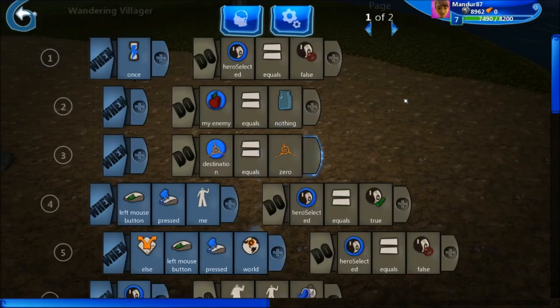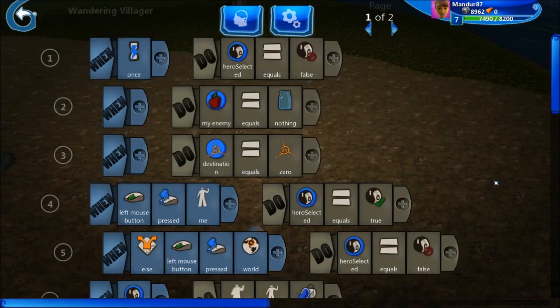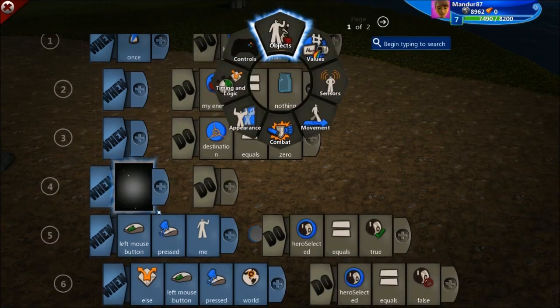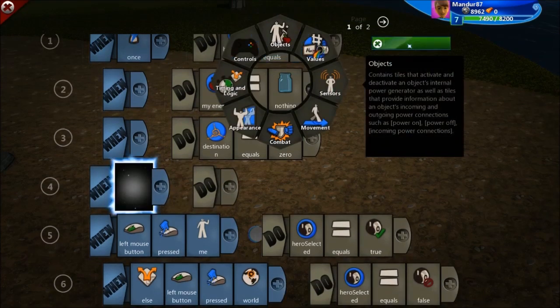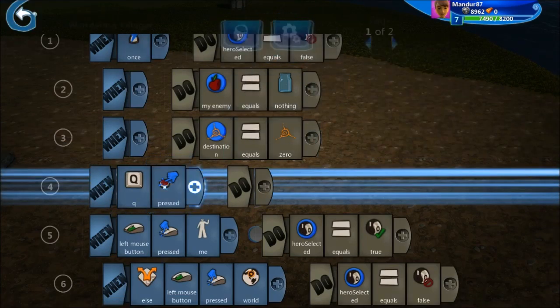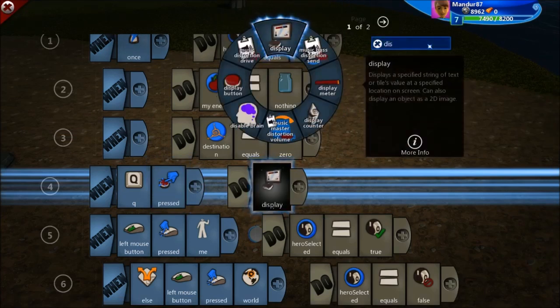So let's go to the brain of our little Herbert. So basically now the first thing I would like, and we are talking about it since the first tutorial, I would like the user to know when, because he will have to enter some kind of spell casting mode, right? I mean, you will have to press a special button, and for this first spell the button will be Q, because it's like standard in MOBAs. So when Q is pressed, actually what I would like to do is display